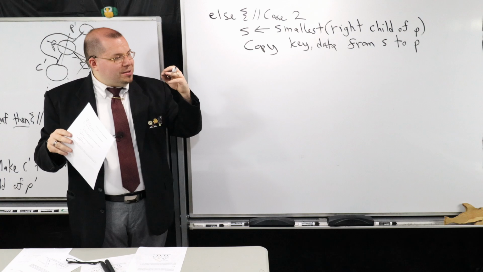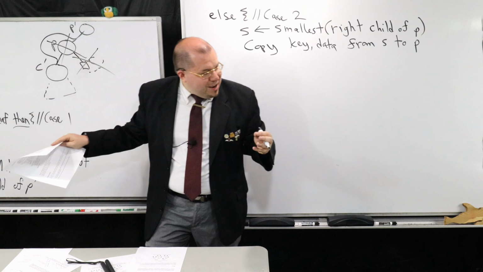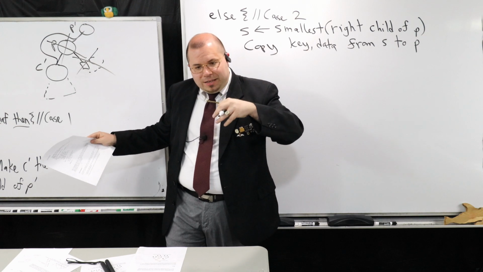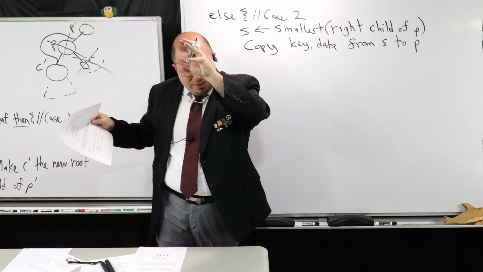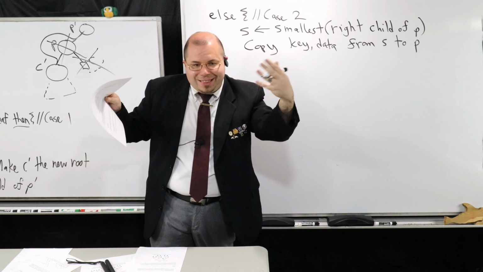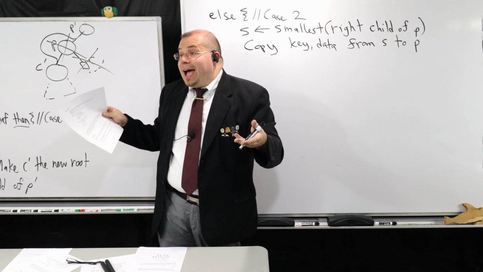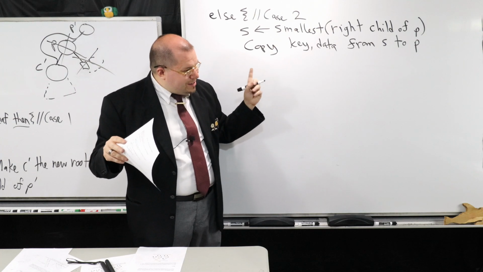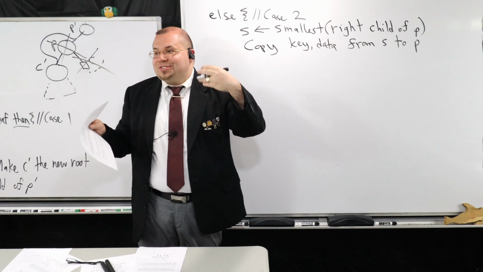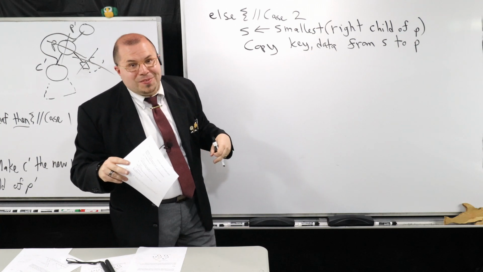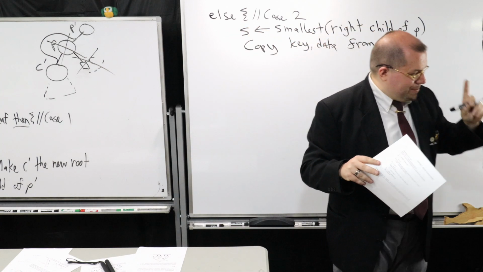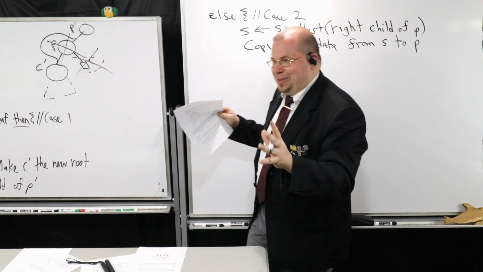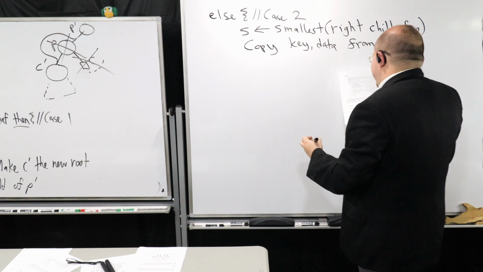If you just copy the pointer over, remember in case one, if something comes along and deletes something, if you're using literally just the pointer and you go delete on the node and you follow that pointer so you get the data at that node. If you delete that, what happens is you might actually be deleting the data in two nodes. The one you actually want to delete, which now is S, and also the one you copied the data to at the same time. This is why when I say this step, just put beside it, say deep copy. Please just remember to do a deep copy. It's very easy to forget that.